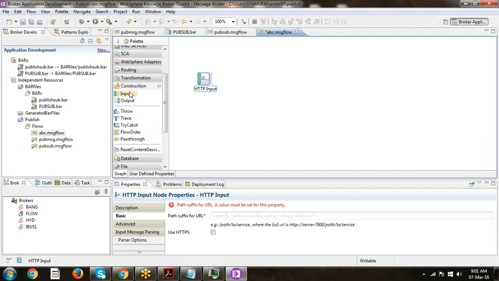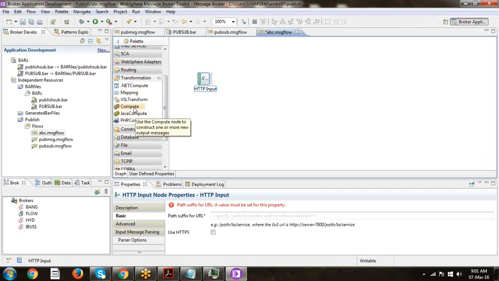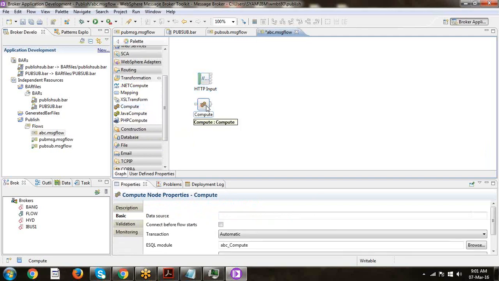This is transformation. I saw there is one, what is that? This one, Compute. In this compute node we are using ESQL, Extended Structured Query Language.